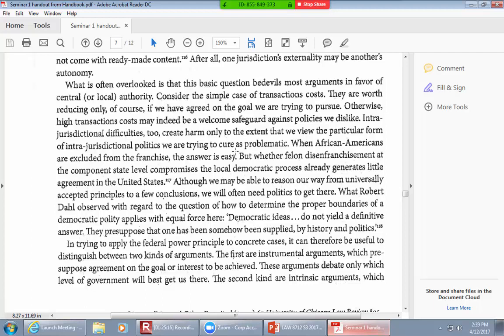Of course, you'll still be probably lobbying even at the state level, but we're talking about the relativities here. So I'm saying it would be more if it's at the federal level. So they say intra-jurisdictional difficulties create harm only to the extent that we view the particular form of